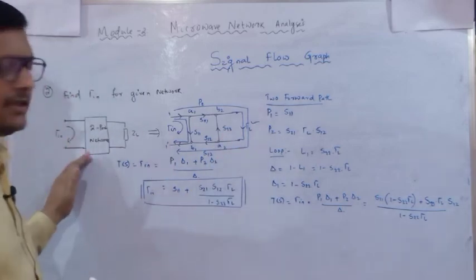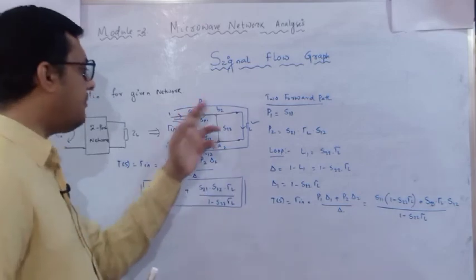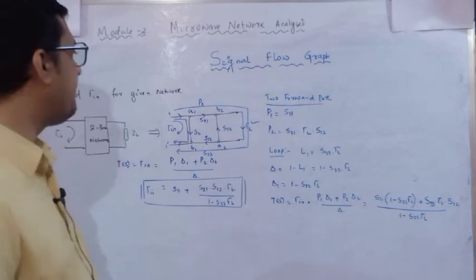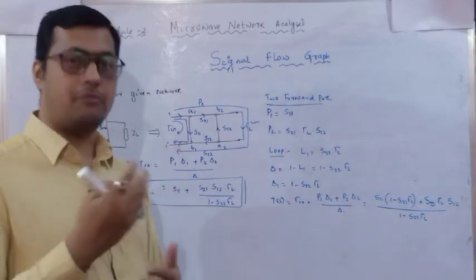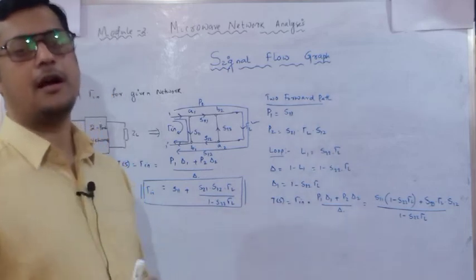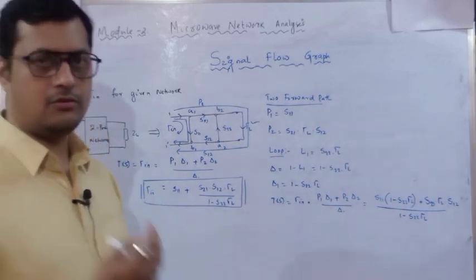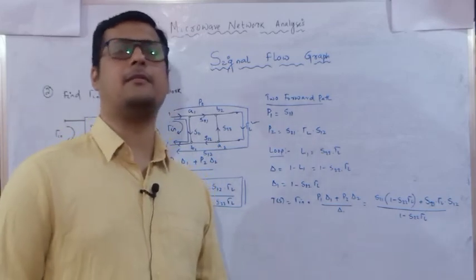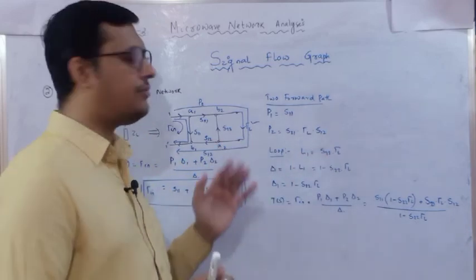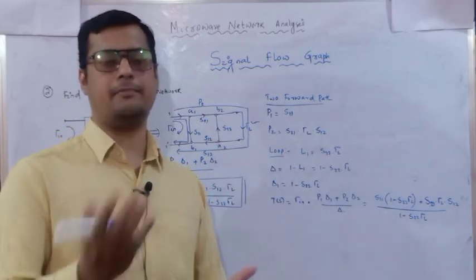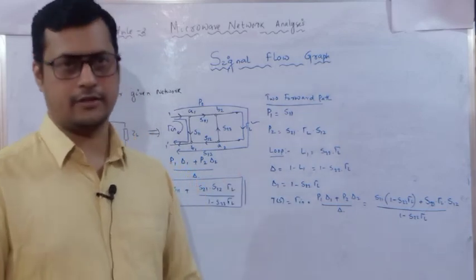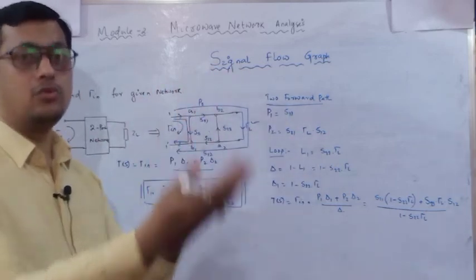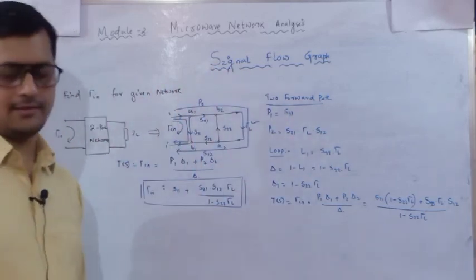First, you need to represent the network as a signal flow graph, identify the nodes, identify the branches, and assign the scattering parameters to the branches. Then identify the forward paths, identify the loops, identify the non-touching loops with respect to each path, and then substitute in the Mason's gain formula. This formula depends upon the number of forward paths. Here we have two forward paths, so we extend up to P1 and P2, del 1 and del 2, and the del value. Now we will see what I have discussed at the output side, the S22 part. So how are we going to analyze it? Let us discuss.